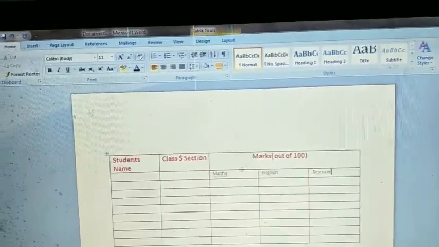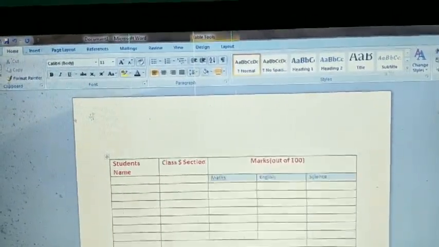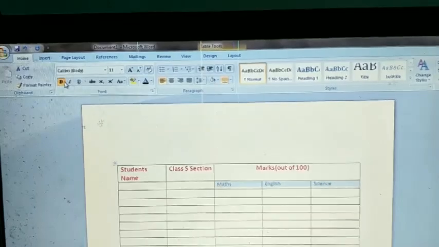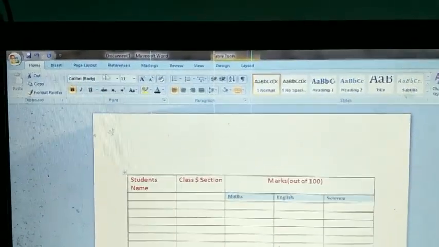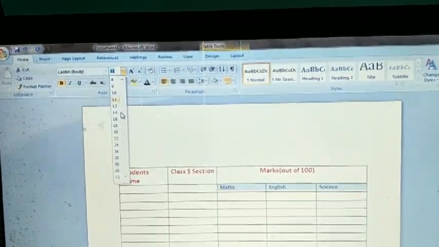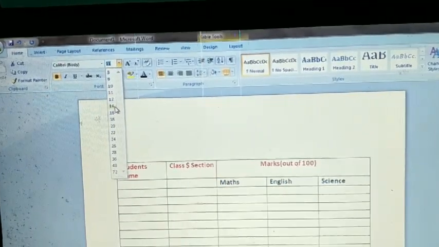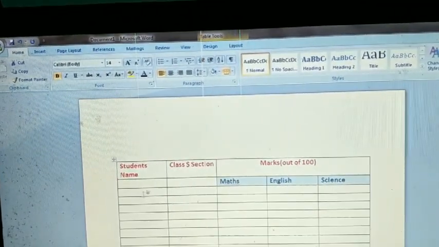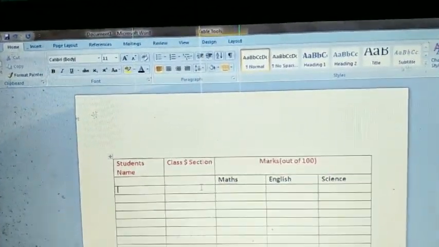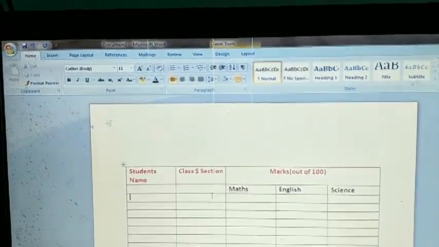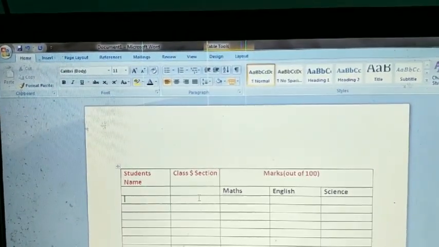Select these three values and click on the bold option, then it will be bold, and choose font size 14, then it will look bold and big in size.